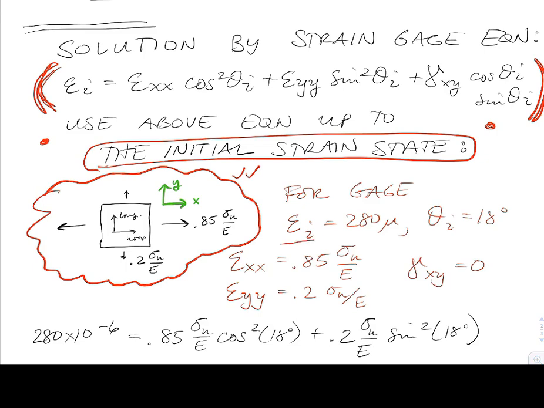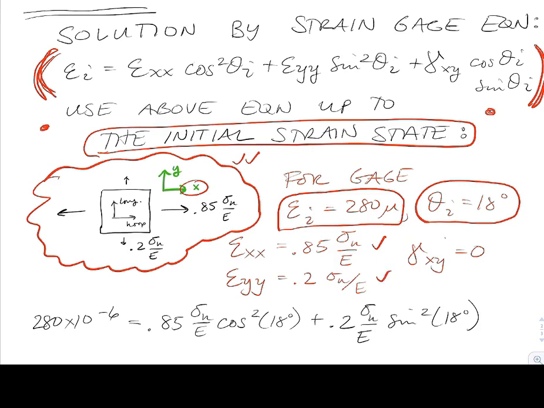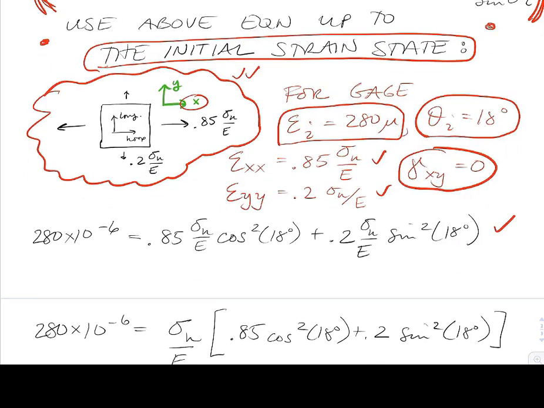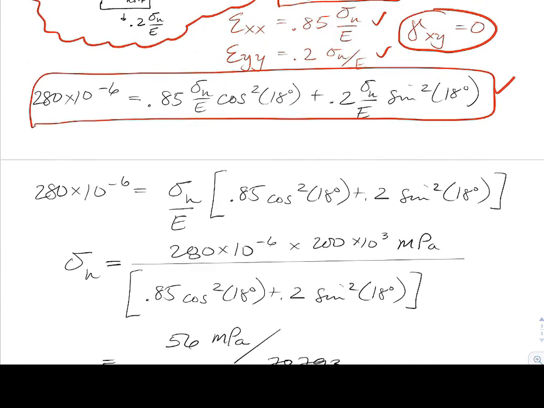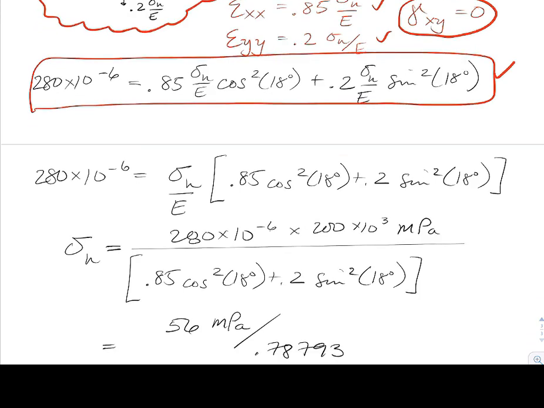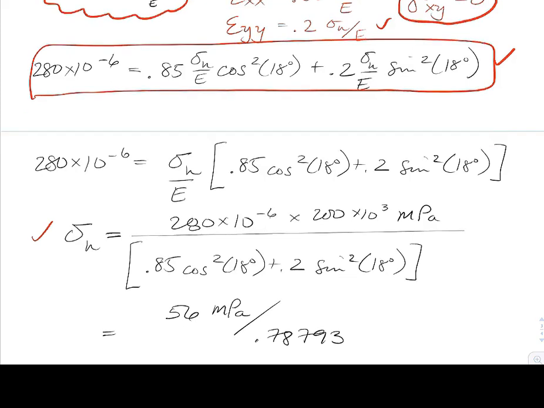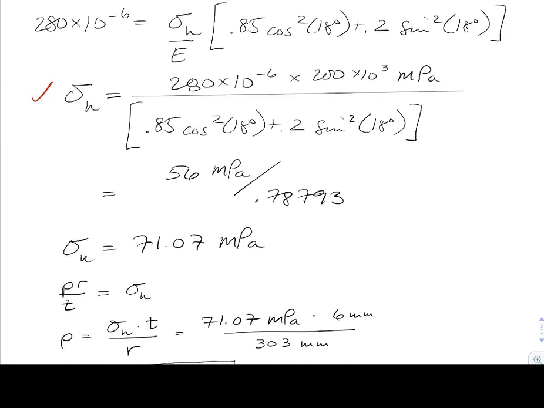For the gauge, epsilon I is equal to 280. The angle theta I would be measured from the x-axis, so it's going to be plus 18 degrees. There's our values. Gamma, the initial shear strain, is equal to 0. So we're going to plug all those in, and we end up quickly back at the exact same spot. A little bit different, but the math will come out the same, and we've got a sigma h equation. Some of the numbers obviously look different, but we end up with the exact same answer for the hoop